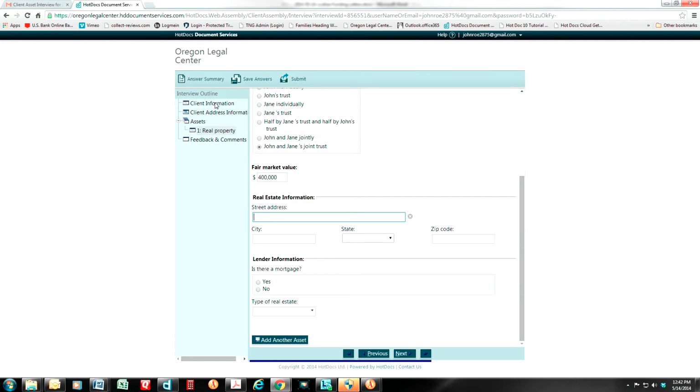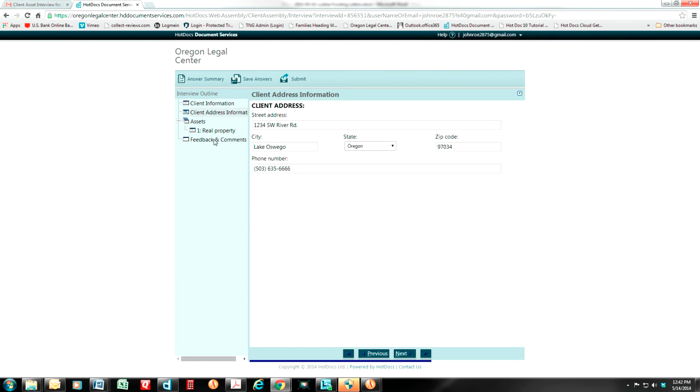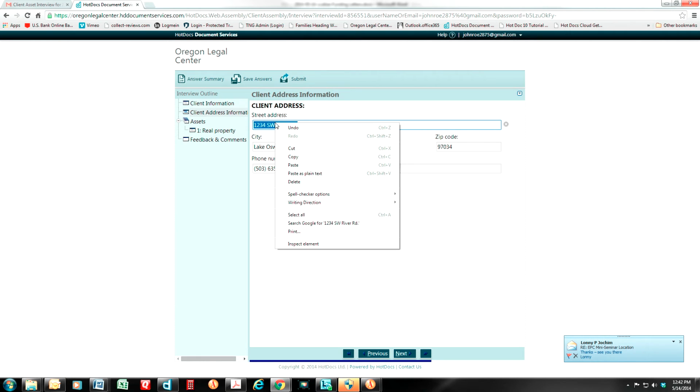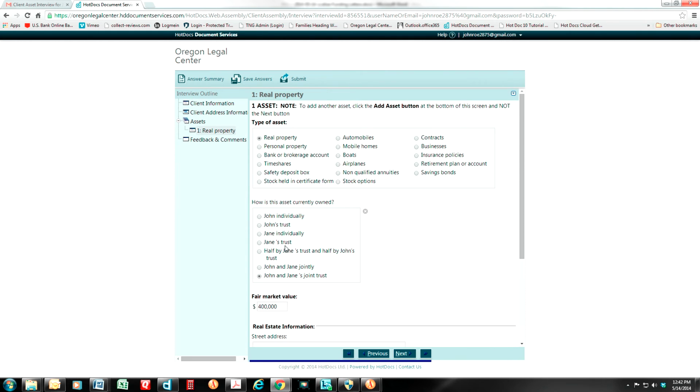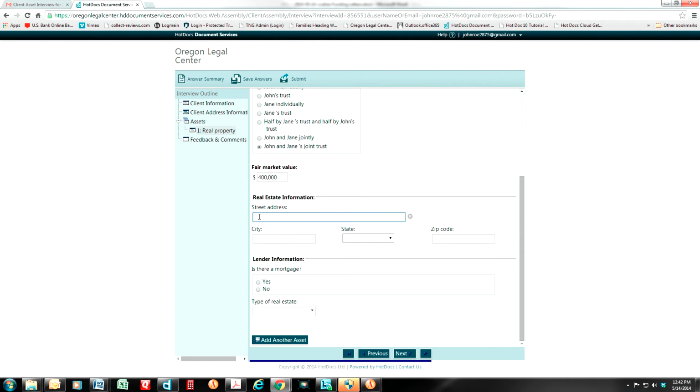But I have it already typed back here under client address information. So why don't I just take the mouse and point to client address information, click once, and that other form opens up. And see, here's the address, 1234 Southwest River Road. If I just click in there and drag the mouse and highlight it, and do a right mouse click and do copy, and I go back to that real estate card I was filling out, where I have to put in the street address, and I click in street address and right mouse click and go paste,